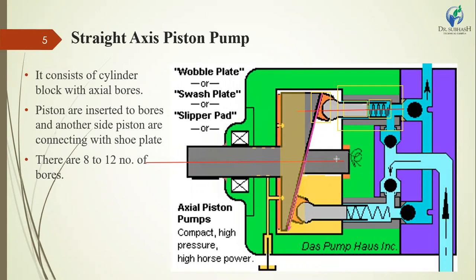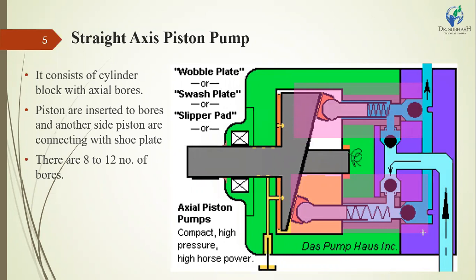When the shaft is rotated, it causes the cylinder block to rotate. The shoe plate will also rotate with it, causing the pistons to reciprocate in the bore. Half rotation of the cylinder block causes the suction of oil into the bore, and the next half rotation causes the discharge. This portion is called the half portion. This half is suction, and this half portion is discharge, for a complete rotation. So it gives a continuous output of the pump.